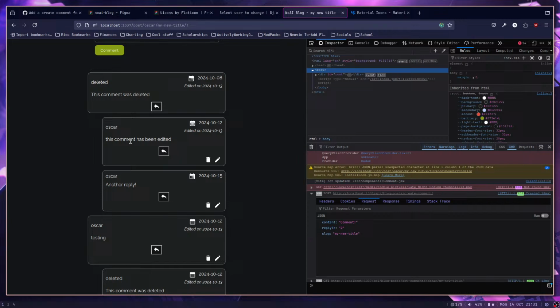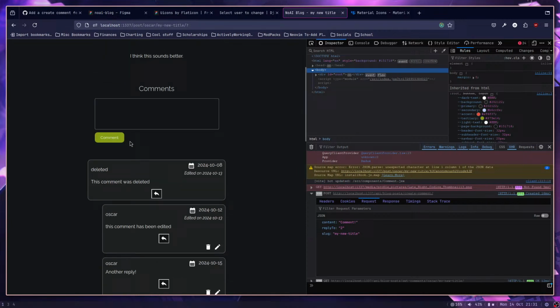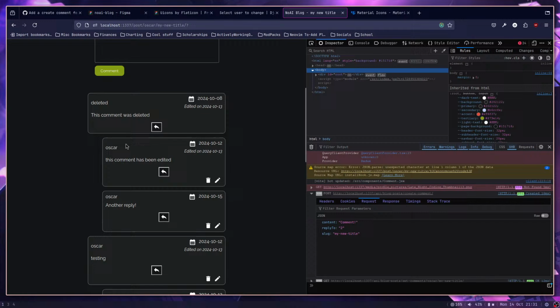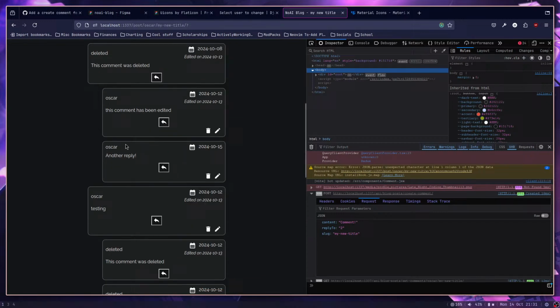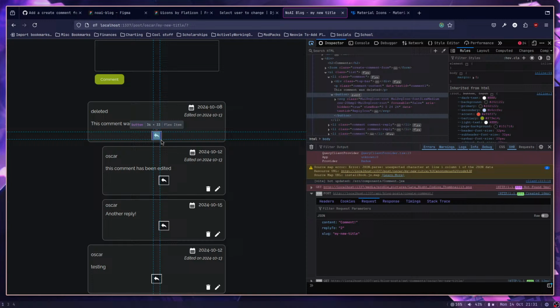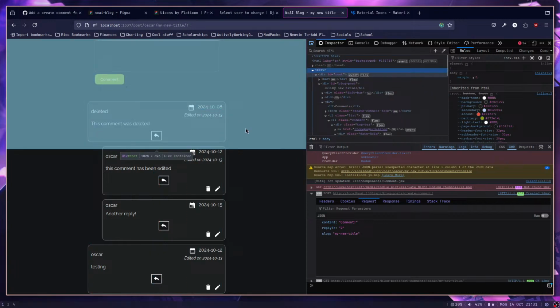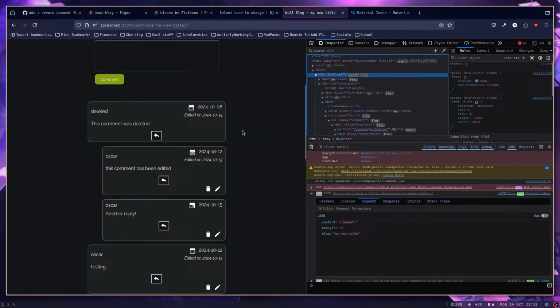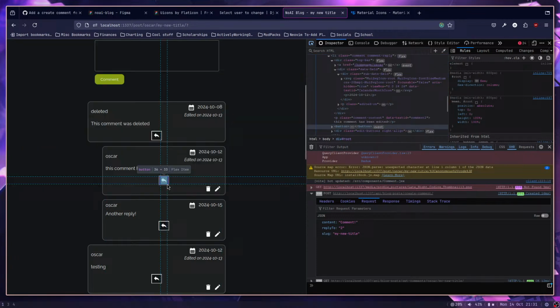I wasn't expecting to be done with, well, kind of done with this so quick. I shouldn't say that. I'm gonna jinx it now. But yeah, that's awesome. So yes, let's see. The only other thing that I really want to do now is style this, I guess. So first off, we are going to